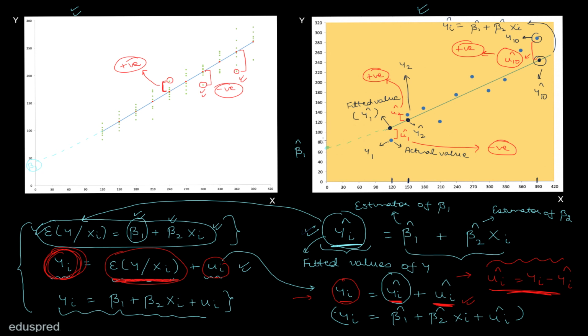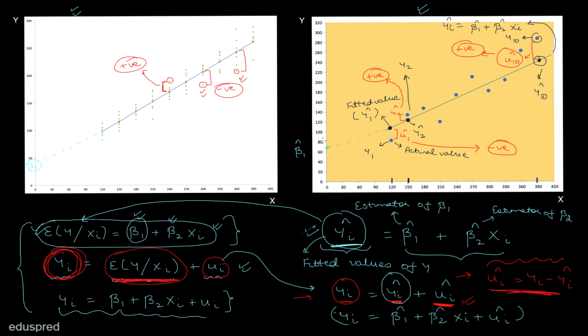So basically we cannot expect the sample regression line to be exactly like the population regression line. And this is logical as well because the population regression line is based on the entire population data. It is showing us the true relationship that exists between the y variable and the x variable. Now because in real life we are not working with the entire population data, we are just working with a subset of that population data. So we cannot expect that the line that we draw using the subset of the data, that is the sample regression line, to be the same as the population regression line. So there are always going to be differences between these two lines.